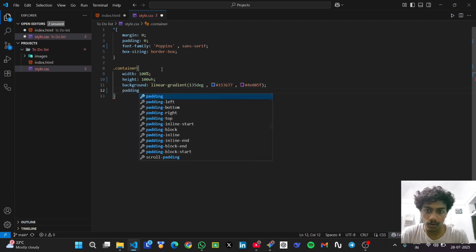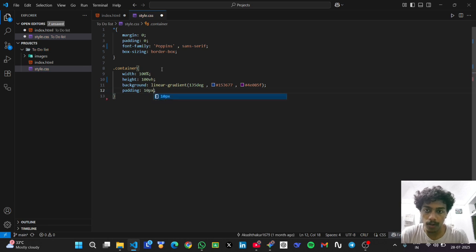And we will also give some padding for that, that will be 10 pixels,